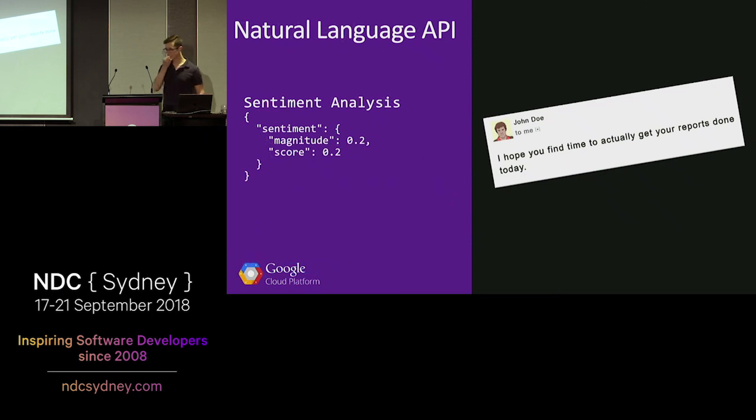And as you might have already guessed, Google Cloud Platform, very similar service. They call it the Natural Language API. And when we upload this email to their sentiment analysis, we get a score of 0.2. Now you might be thinking, well, that's way off, but their scoring system's just a little bit different. So on the Natural Language API, it actually goes from -1 to 1, where -1, super angry, super mad, +1, super happy. So again, score of 0.2, that's on the right side of happy.